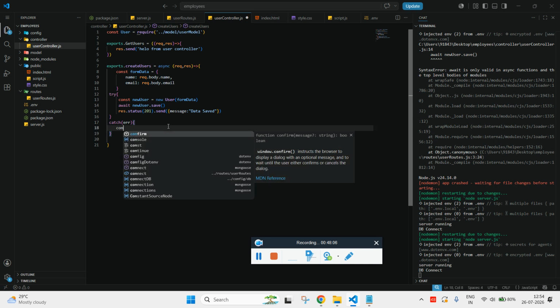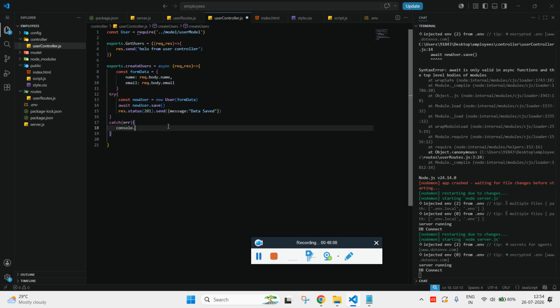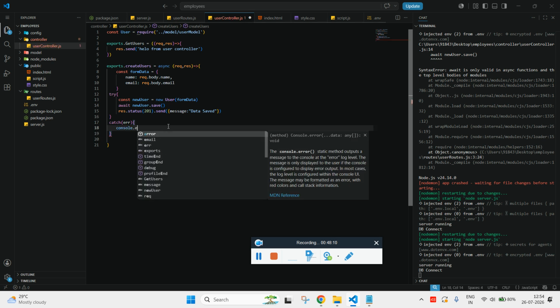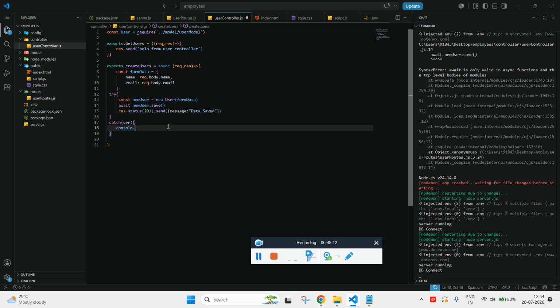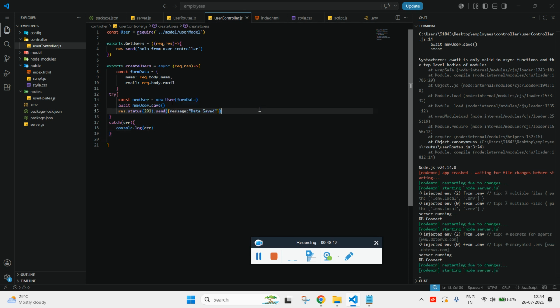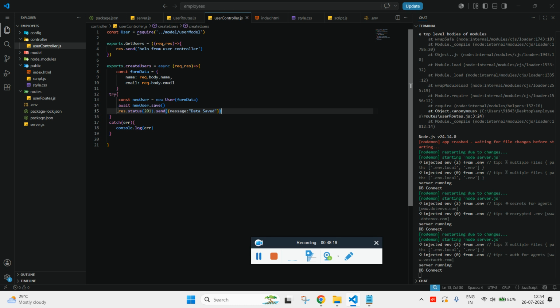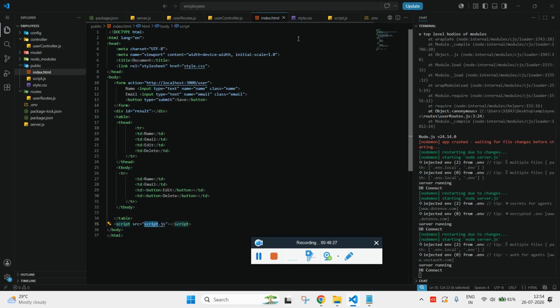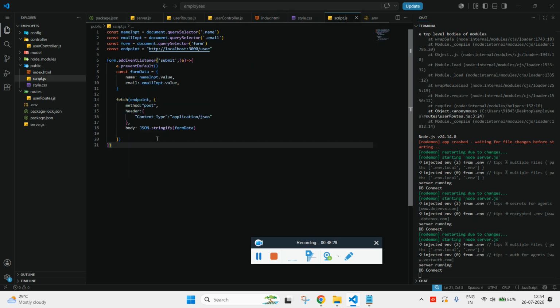It didn't get connected. In that case, you will just give console.log, or you can say console.error also, that also works, and we'll pass the error. Now once the data got saved, we will be receiving this in the HTML. Now to access this in the JavaScript, first of all,